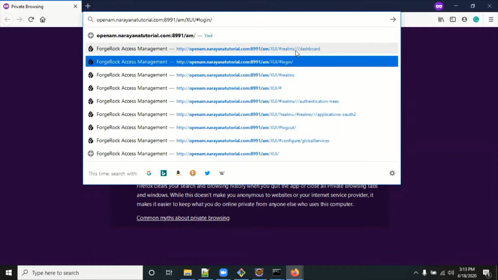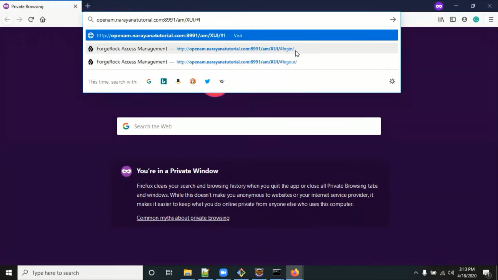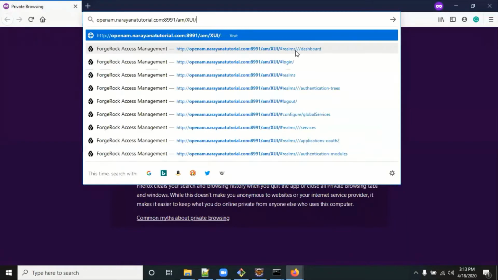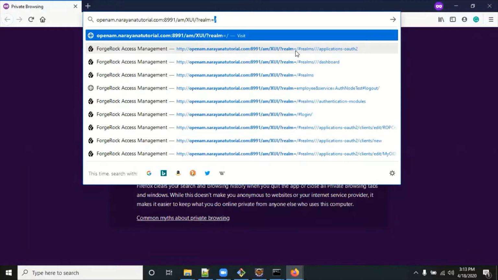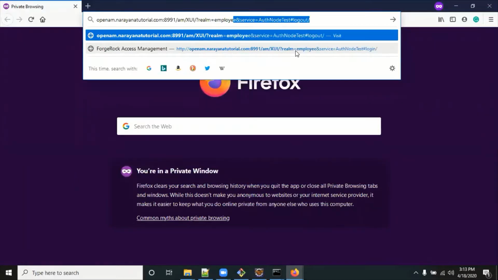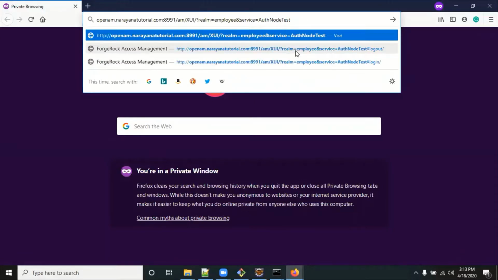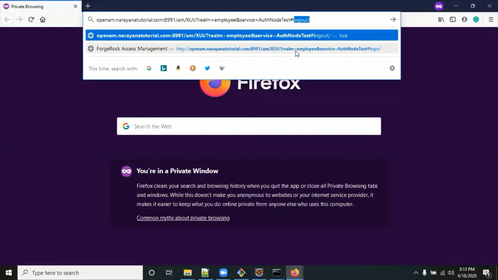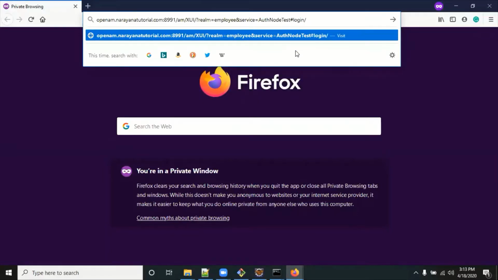This is the URL you have to remember because we are accessing the employee realm: you type realm equal to employee, and service equal to node test, then slash login, and press enter.